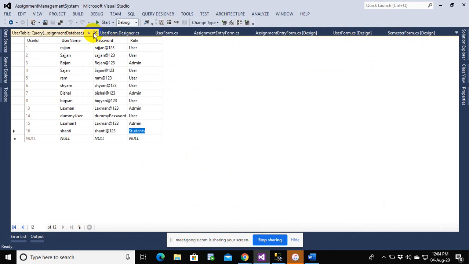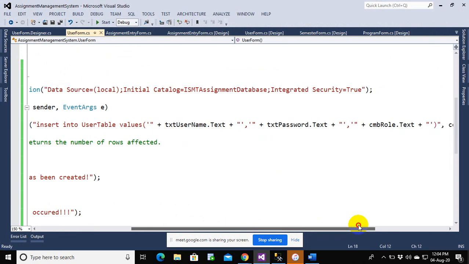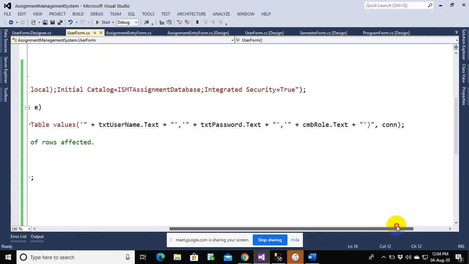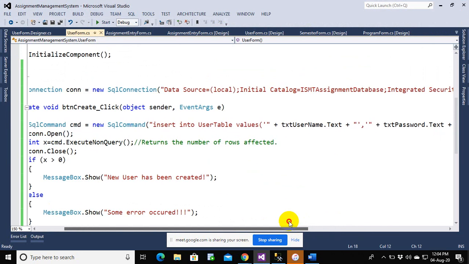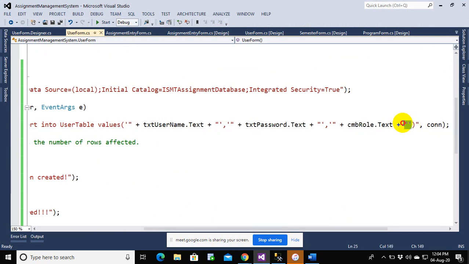So in the meantime, if you have any question, you can raise it in the chat box. What I expect from you is that you try this again at home, and if you encounter any issue, you can let me know in a messenger. And I prefer not to use this method because this is a very insecure way of writing programs.